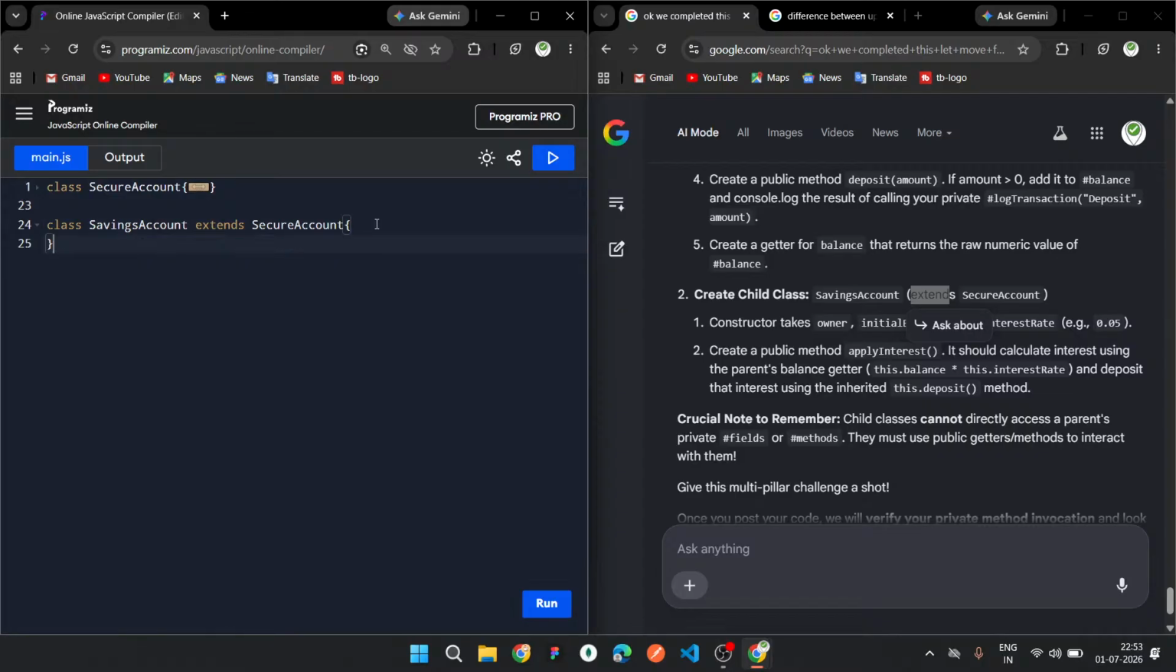Okay. Close the class. Let's create the constructor. Always create a constructor after creating this. Every class has its own constructor. After that, it takes owner, initial balance, and also interest rate. We are having this thing, and this.owner equals owner,